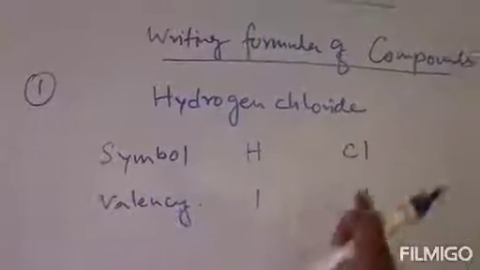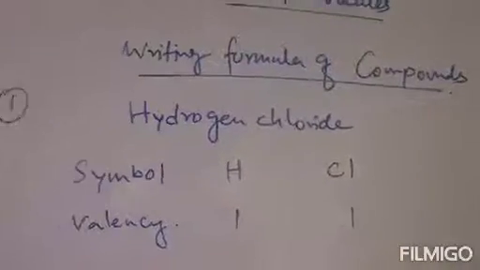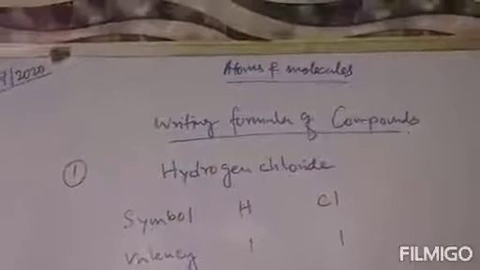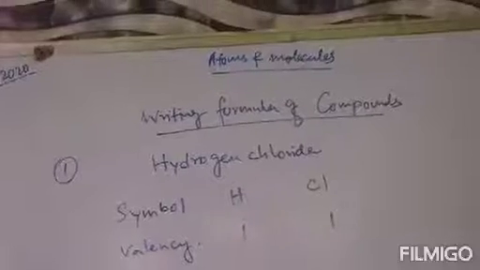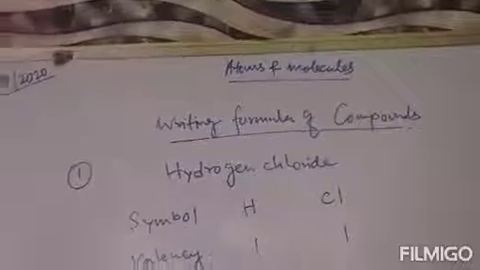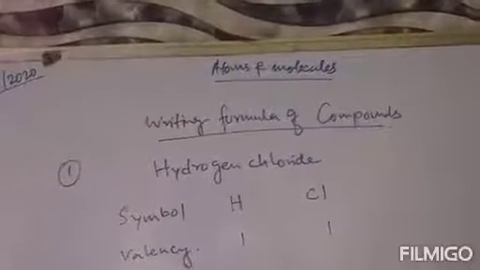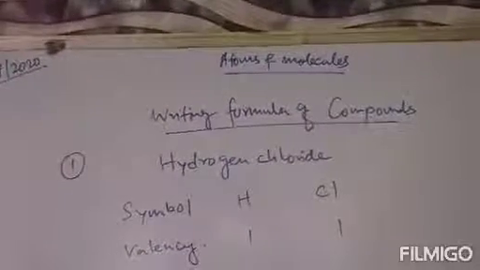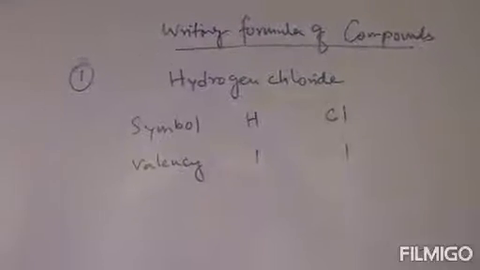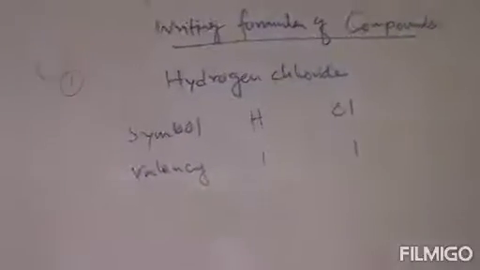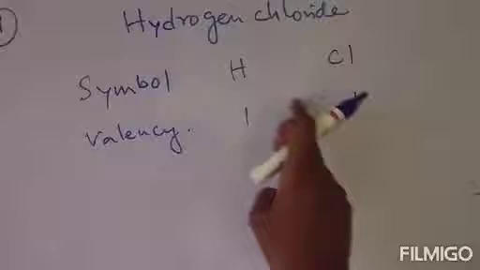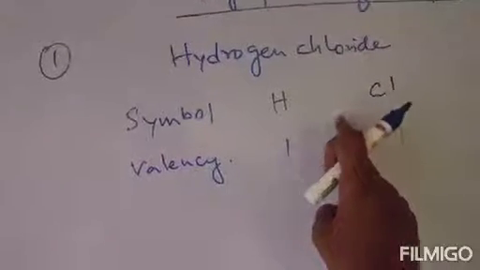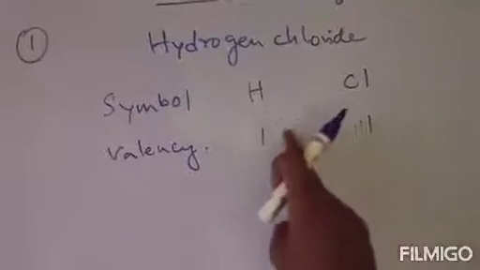Their valencies are given, because you can easily find out the valency using the valency chart, that is the cations and anions chart, where the charges of each atom, be it cation or anion, metal or non-metal, are given. From here you can easily find out the charge or valency of each element. Now hydrogen will take up the valency of chlorine and chlorine will take up the valency of hydrogen.